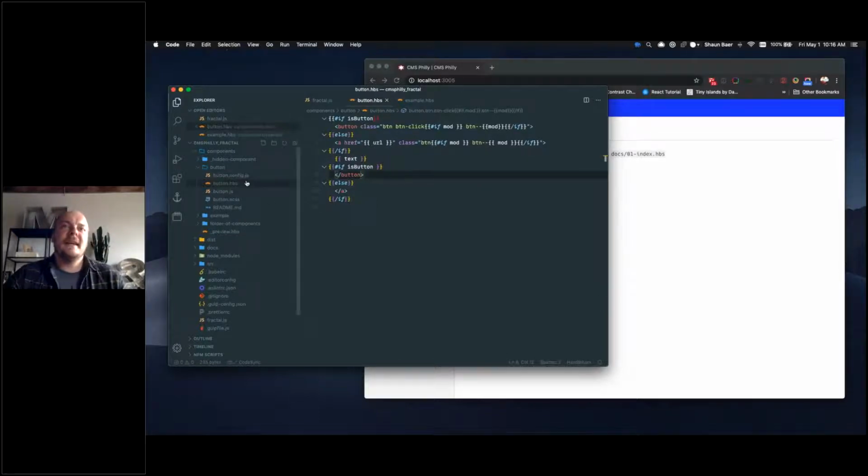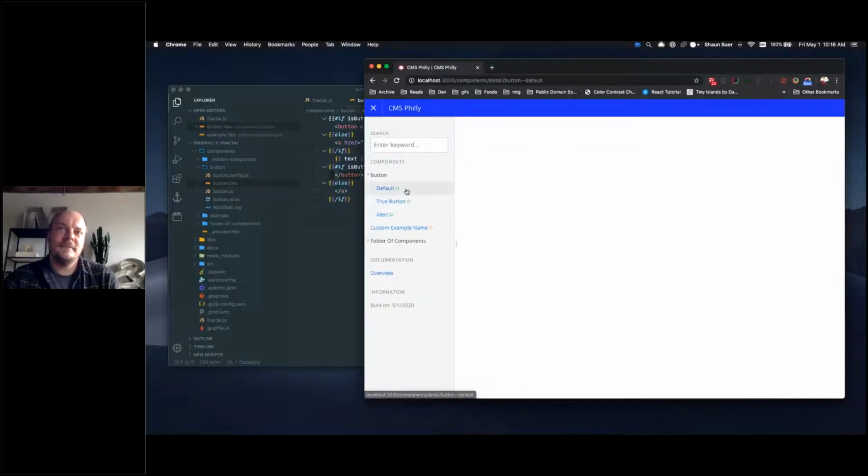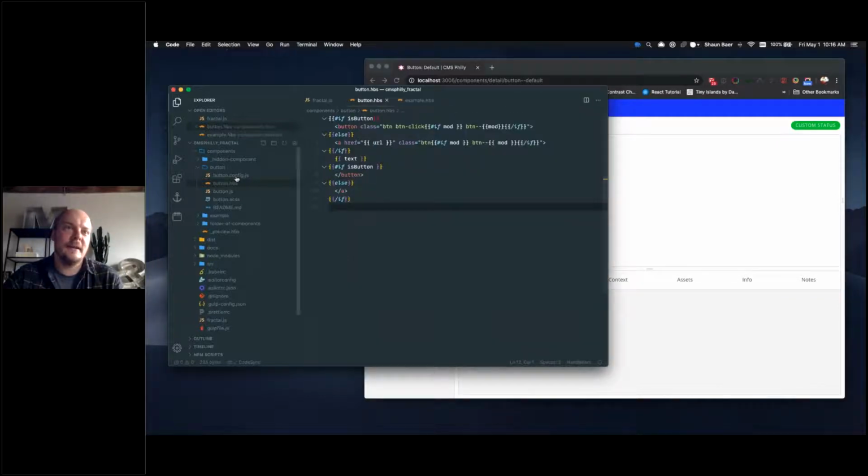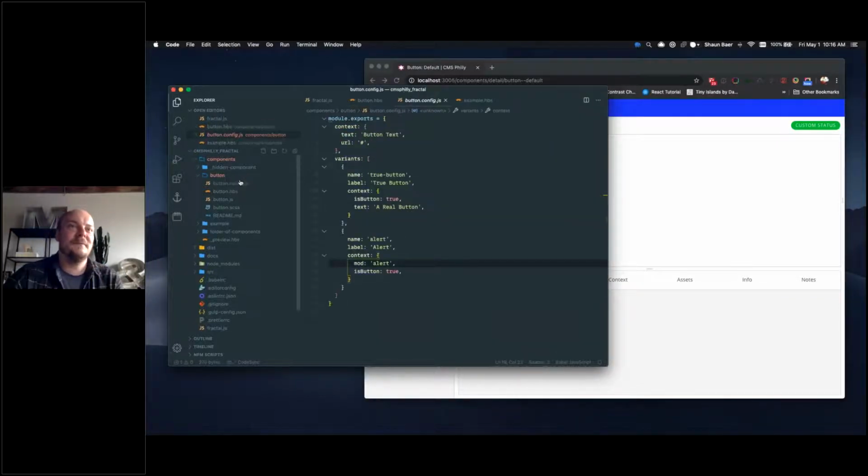The thing that is powering this button, and I'll click into this default button, is this file called a config.js file, so button.config.js. This file is being pulled into this template, so we can pass in data in a